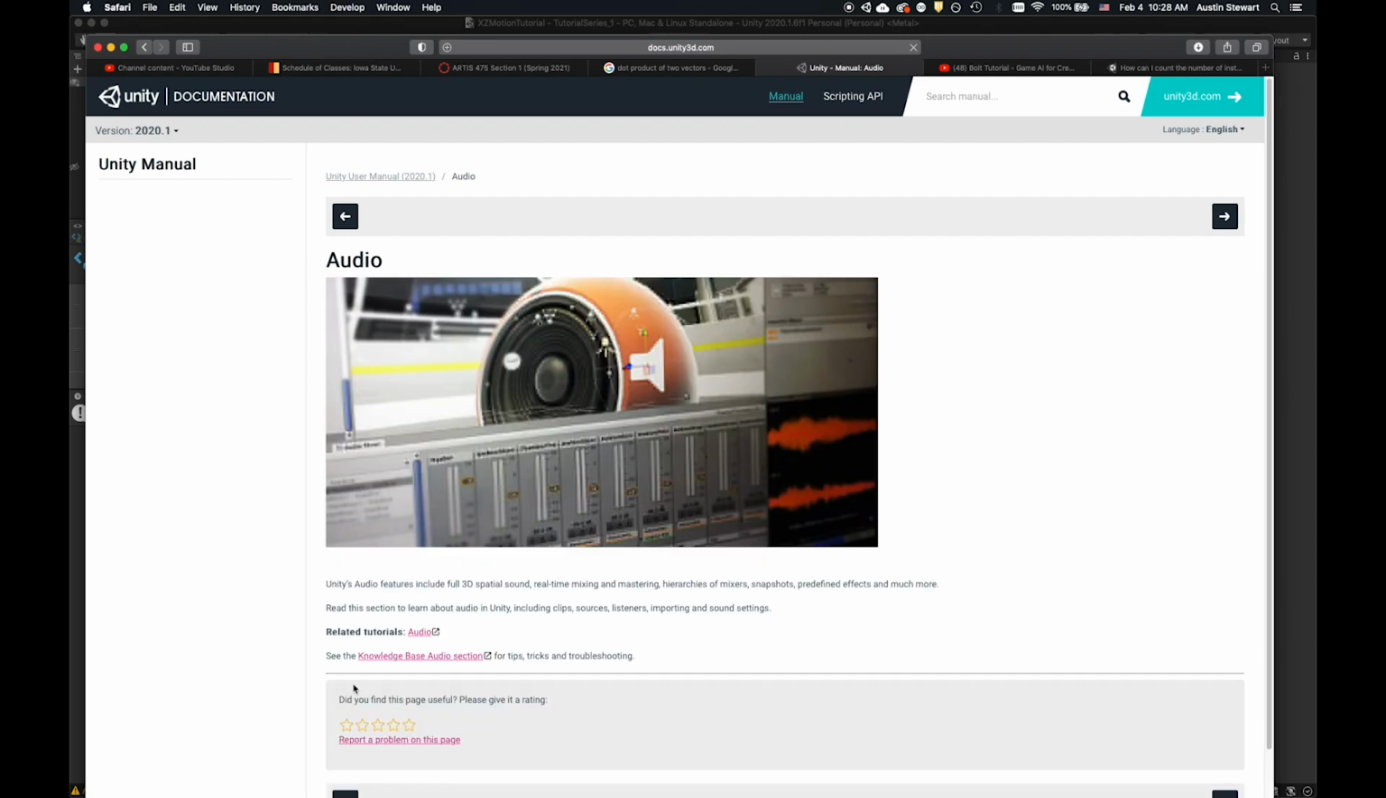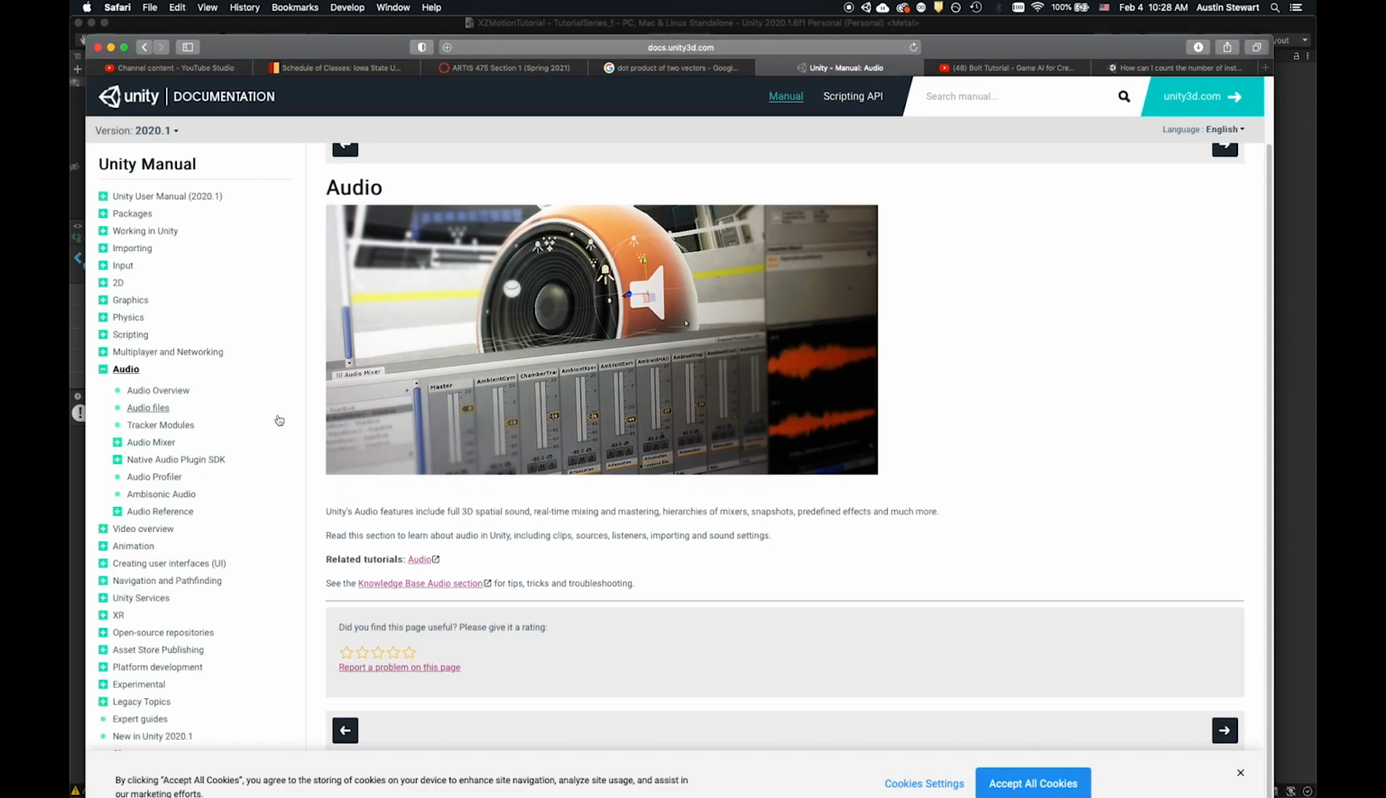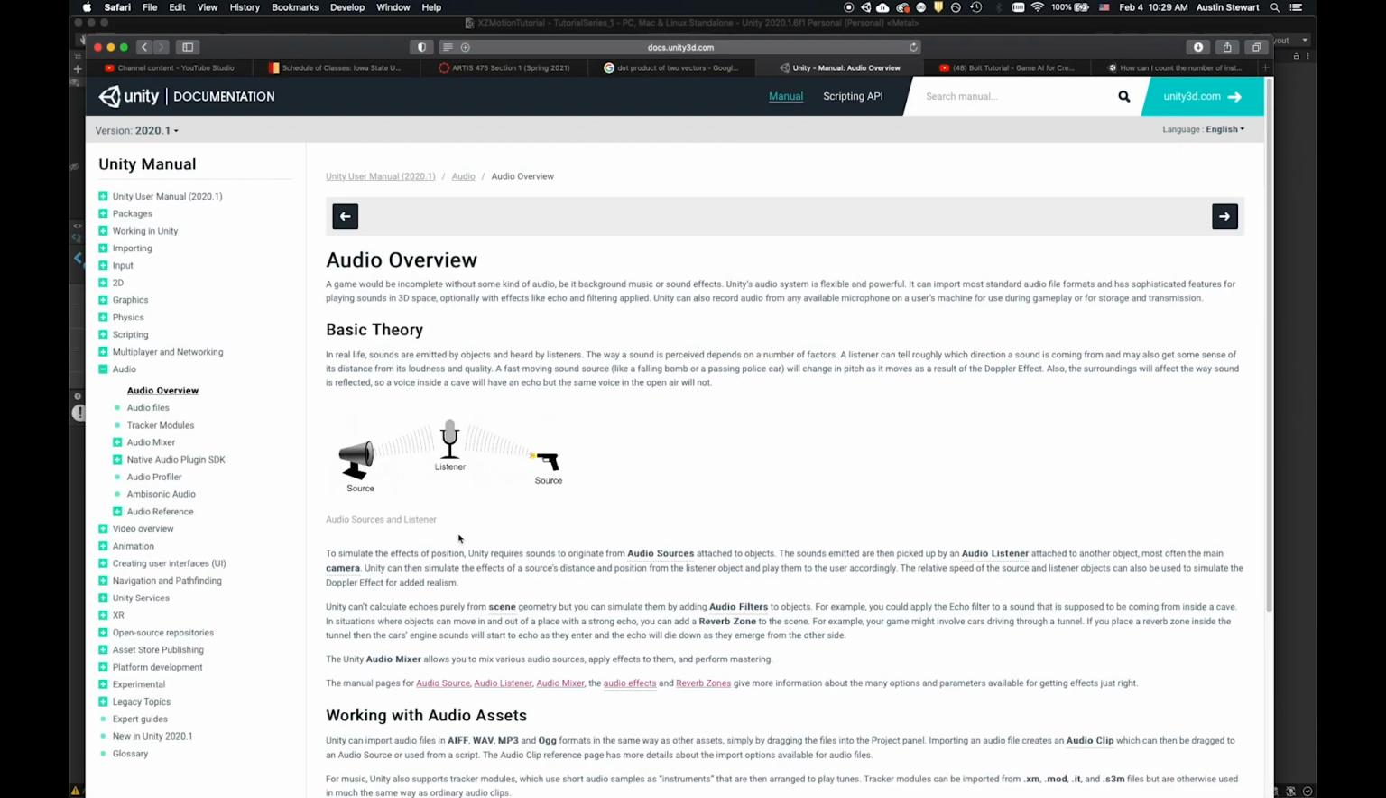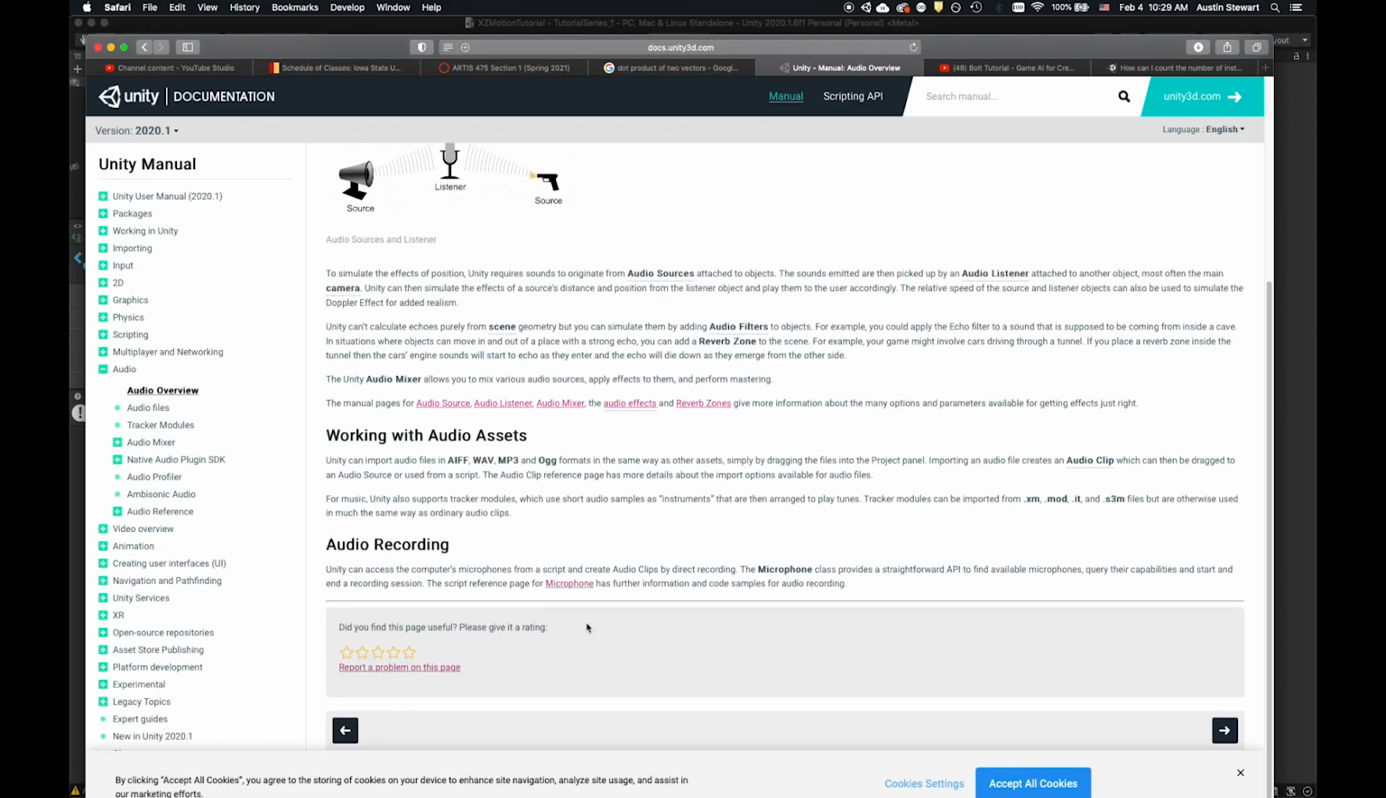And so if I click on the audio section, it gives me this intro page and talks about spatial sound, and that I can have a full mixer in here, and there's all sorts of things that we can do. But initially, what we really want to do is, if we click the overview, there's some basic theory. You can learn why these things are working. But the important thing is these are the audio file types that you can use in